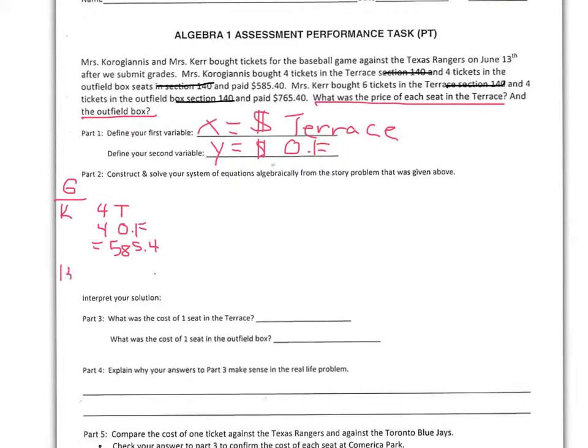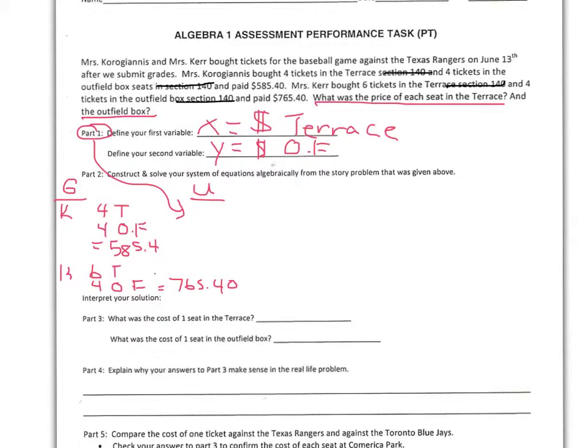And then myself, I bought 6 in the terrace, 4 in the outfield, and it cost me $765.40. Now to save on room, the unknown is your part 1. So just do yourself a favor tomorrow and just rewrite it. Your unknown is the price of the terrace, which should be your x, and then your y is the price